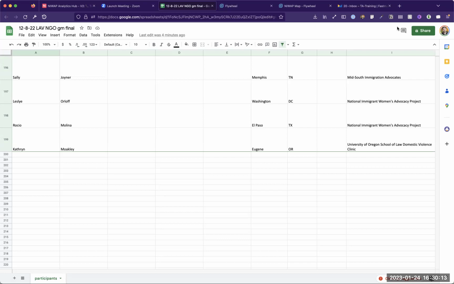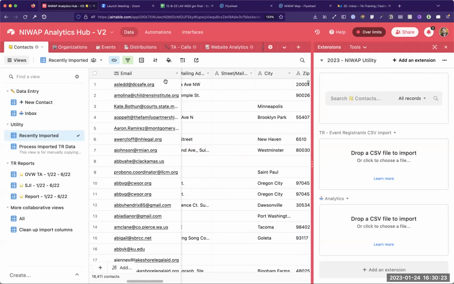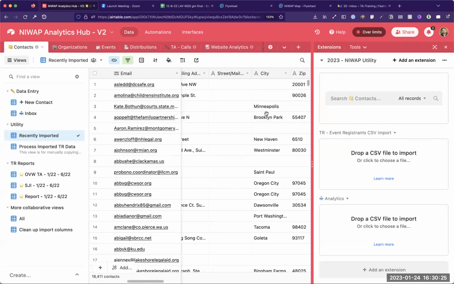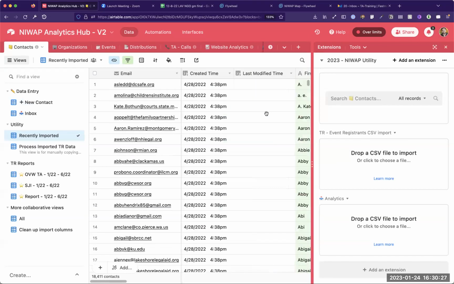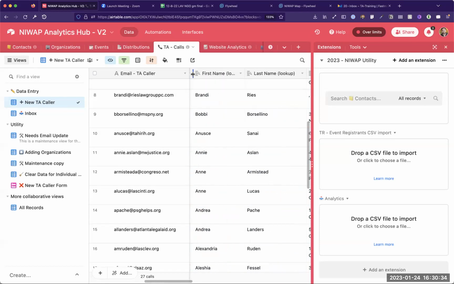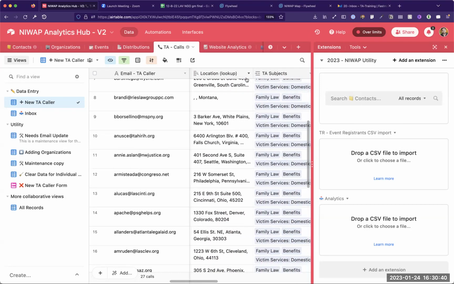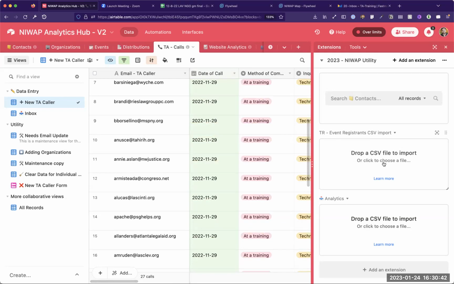All right, we've got a spreadsheet and it has data that belongs in two places, TA calls and contacts. And we have to do the contacts first. This is where city, zip code, phone number, and all that stuff originates. Since the TA calls database is for calls and has lookup columns, a little magnifying glass for those contact details, what we want to do is